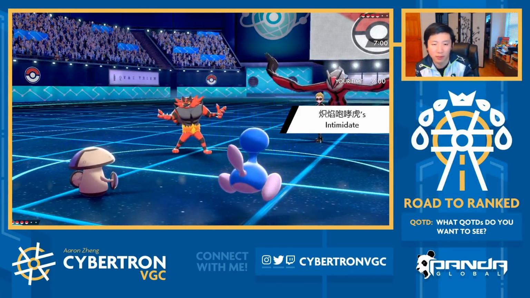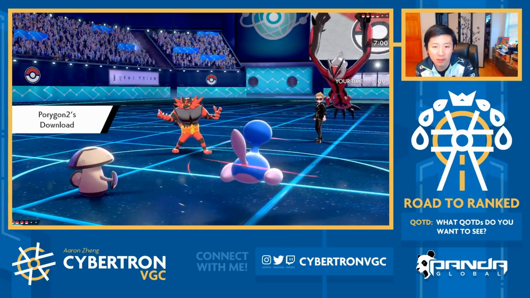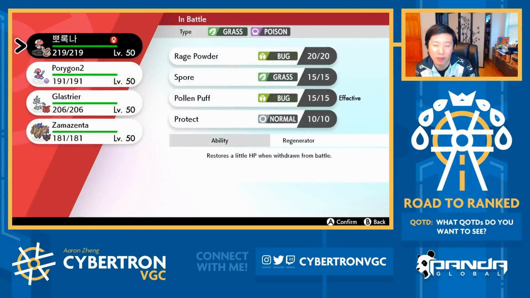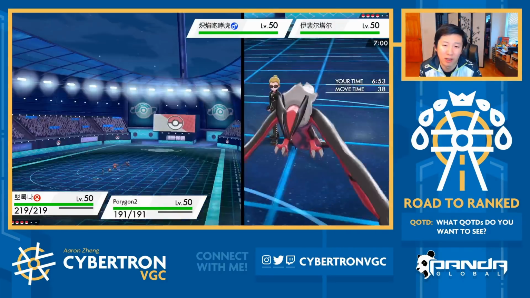Taunt. They do bring out Yveltal, though. Let's see. Turn 1, if I think Incin taunts into Porygon here. So this is an opportunity to get a Spore off, actually. I think I'm actually going to...